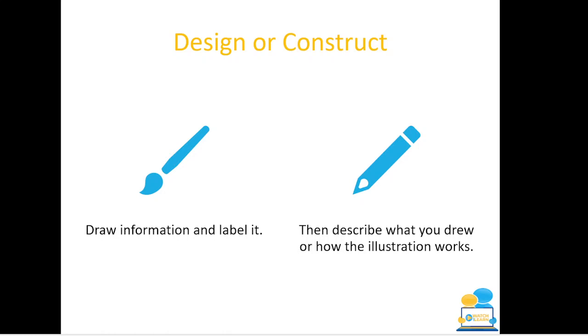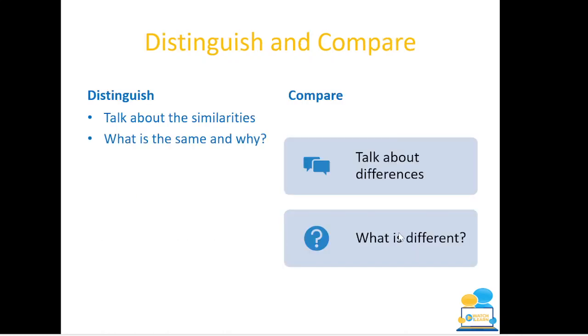I will go through an example pertaining to this action verb towards the end of this Saturday session. So you then describe what you drew or how the illustration works, okay? You're not done once you have drawn it and labeled it, you now have to explain exactly what you're thinking. It's all good having it in your brain, but unless it's on paper, the examiner is not going to be able to know. So distinguish and compare. Distinguish, you're talking about similarities, what is the same and why. Compare, talk about differences, what is different, okay? So nutritional